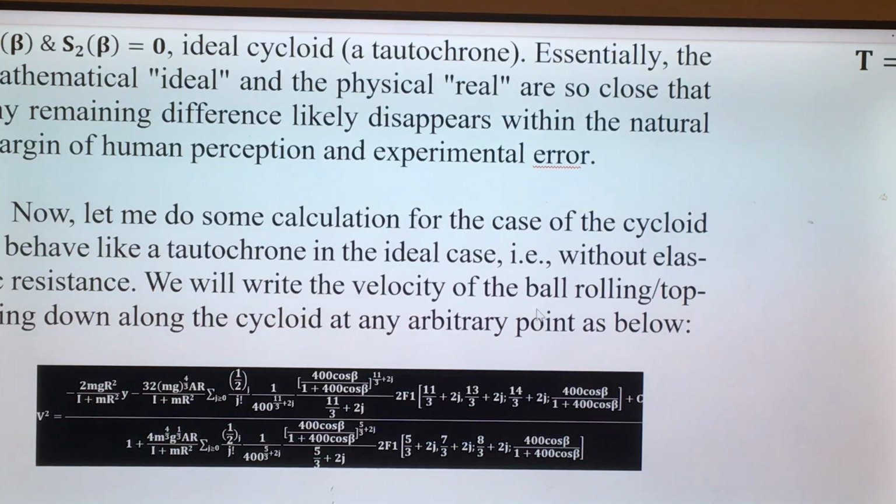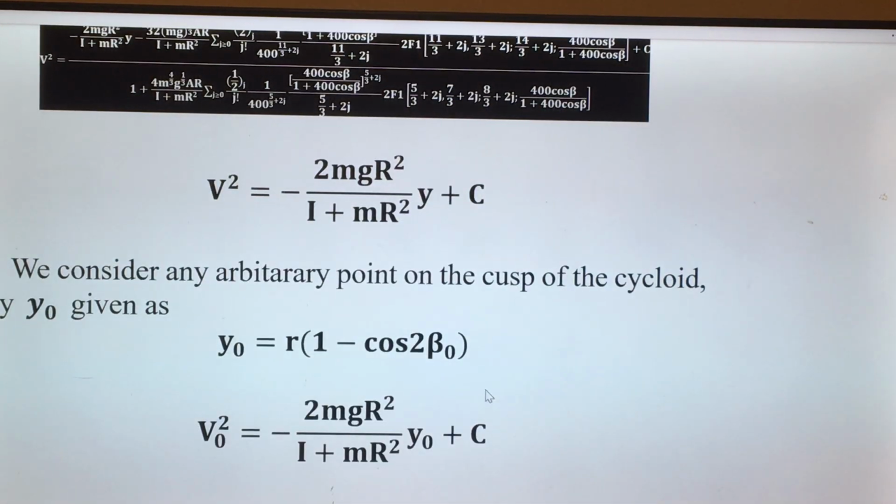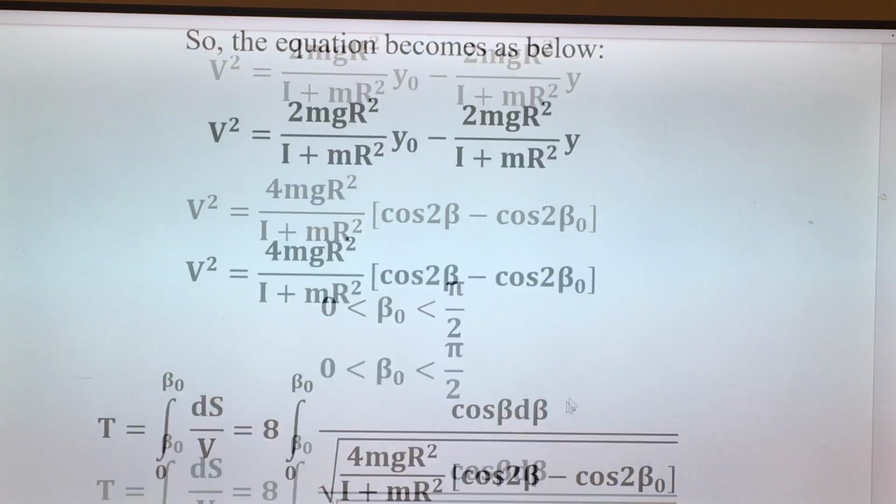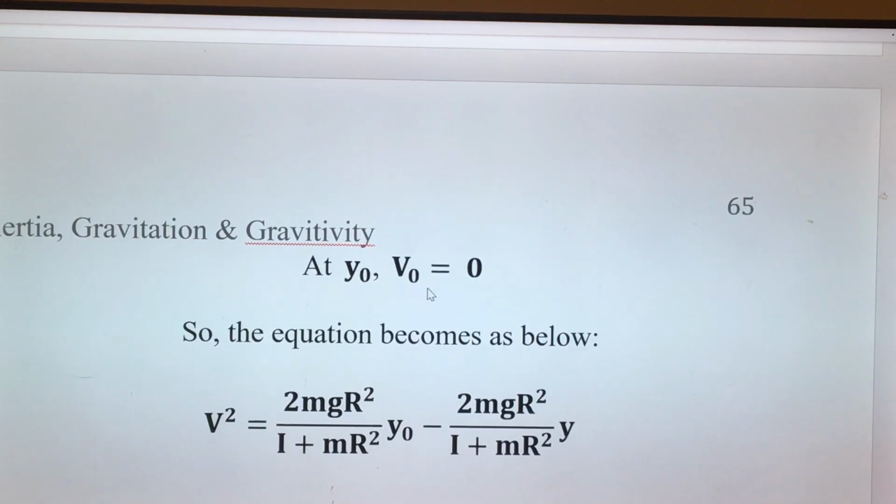We will write the velocity of the ball rolling down along the cycloid at any arbitrary point as below. This is an arbitrary point. We are going to put it anywhere in between, where beta is greater than 0 and less than pi by 2. So v square is this. We consider any arbitrary point on the cusp of the cycloid, say y0, given as below. Okay, at y0, v0 is equal to 0. So wherever we put the ball, the velocity is 0, as before, using the boundary condition. The essence is the same because we let it go from rest. We put it and then let it go from rest under the action of gravity. So the equation becomes as below. V